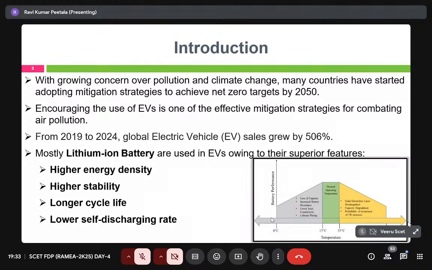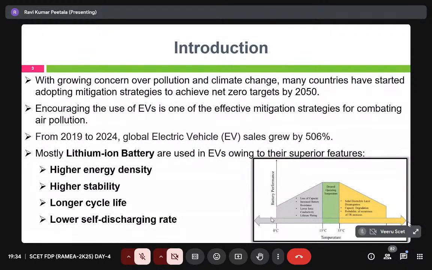Thermal management is required to maintain the battery within the range of 15 degrees to 35 degrees. Maybe 40 also, it is fine. But it should not go further, otherwise the battery starts decaying, and some hot spots may be observed. Due to that, thermal runaway will start to aggravate. So for that reason, we have to maintain proper heat transfer within the